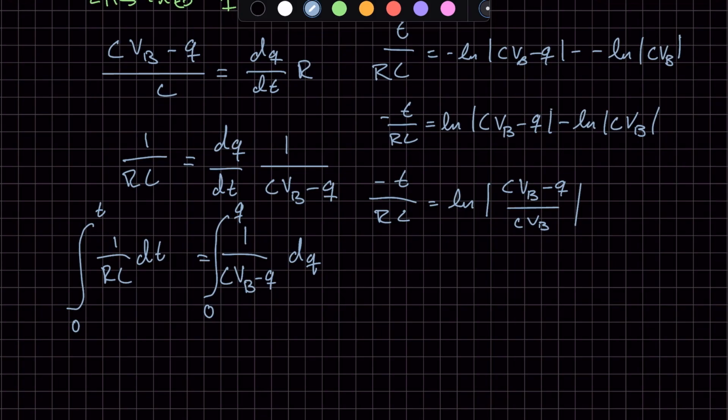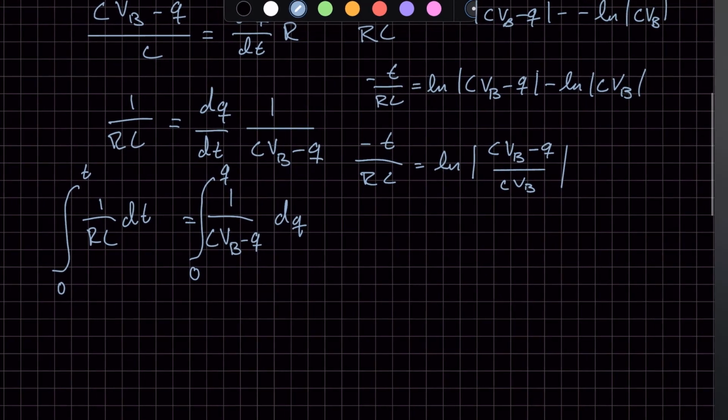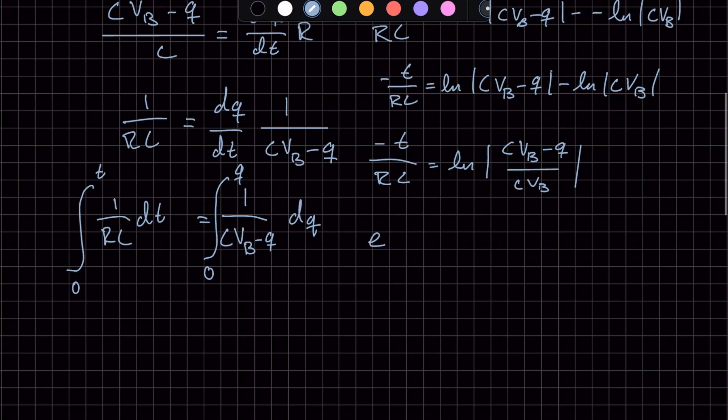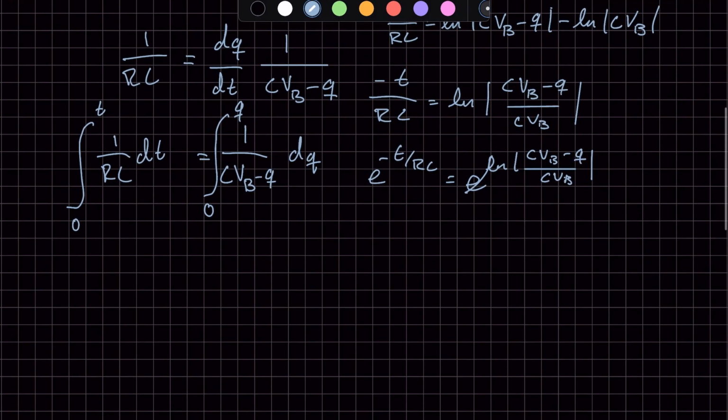When you have ln, which is just log base e, to cancel it, you can just take everything to the power of e. So we take e to the negative t over RC is equal to e to the power of ln of (CVB minus q) divided by CVB, where these two things will cancel and we just get e to the negative t over RC is equal to (CVB minus q)